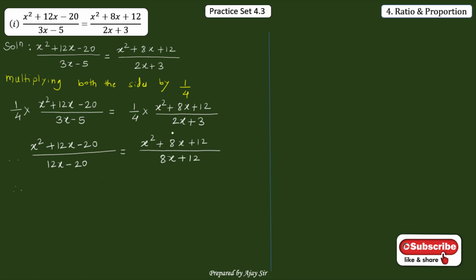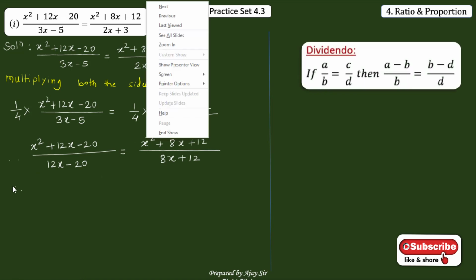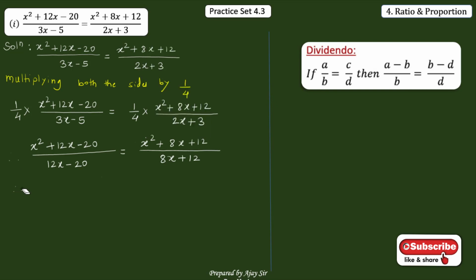So therefore using the property of dividendo. By using the property of dividendo, let us apply this property here. Why do we use the property of dividendo? Because the numerator is a minus b, so that will cancel here. If you subtract these two terms, then some terms get cancelled, so it will convert into reduced form. So that's why we are using this.